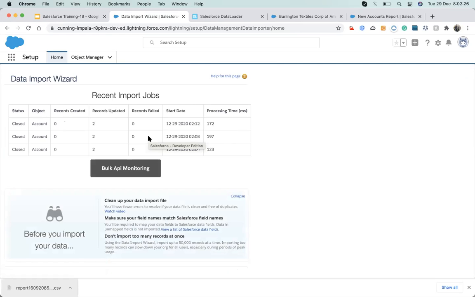The fields which are not mapped will not be populated; only the values for mapped fields will be populated. Oh, okay. So the number of mapped fields depends on your wish. If you want, you can map as many fields as you want. But in case of insert, the required fields are important, so you need to map them too, else you will get an error that a required field is missing. Okay.